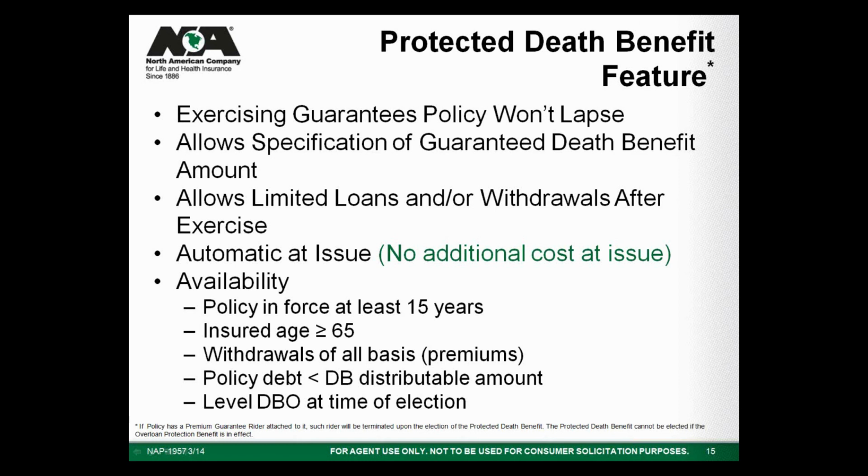So if you're paying how you normally would, now at age 65 or older, and you've had it for at least 15 years, you can now purchase some paid-up death benefit, which then once again guarantees it. So you can see how it is guaranteed, then it's not, then it can be. And like I said, that's just a feature that I don't think gets talked about enough. We're working hard to really market it here at North American, because it is a great feature. You get a product that you can really get a lot of cash value built up in, and then buy some death benefit and then take the loans